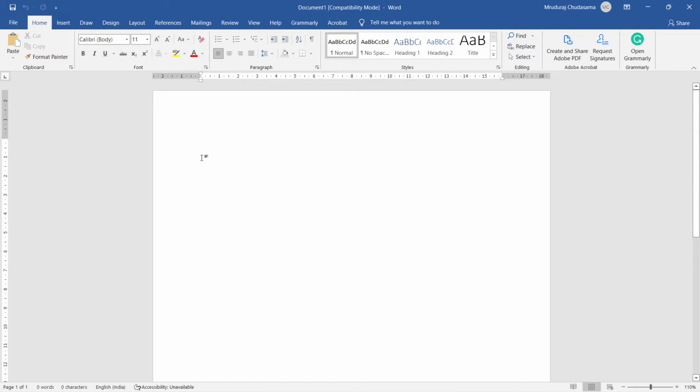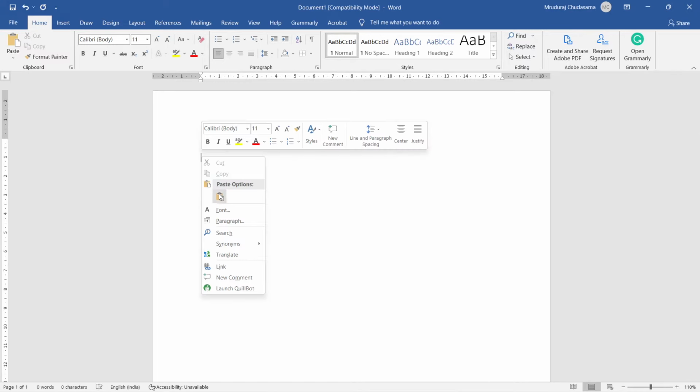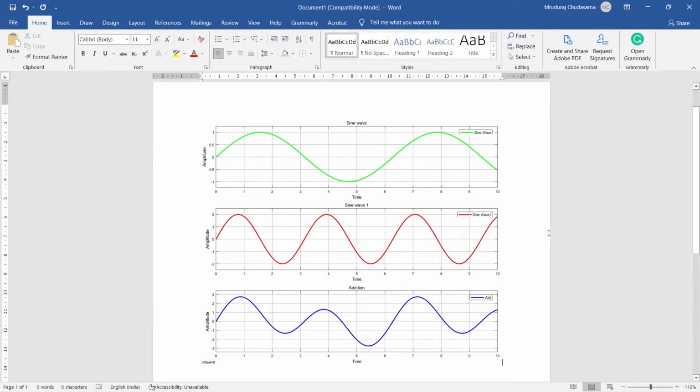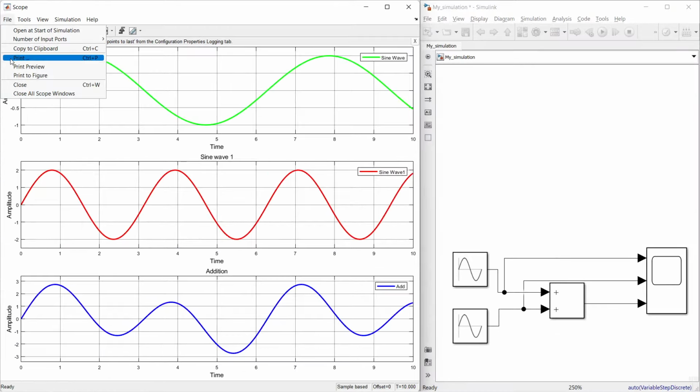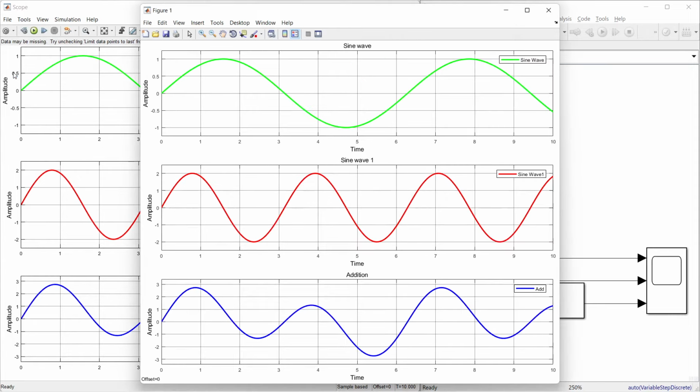This is my Word file. When I right click and paste, it will paste the entire graph. So this copy to clipboard is really very useful. The next in files is print, print preview and print to figure. Print and print preview are useful for directly printing to the printer, but print to figure is really very important. When you click it, the graph in the scope will pop up in another window,